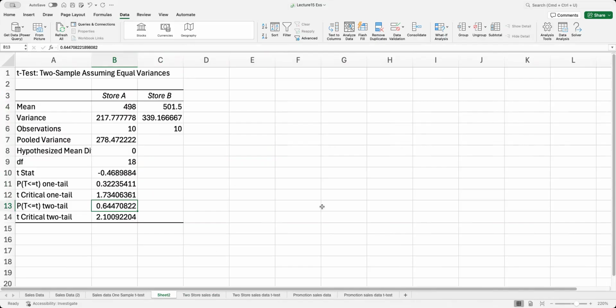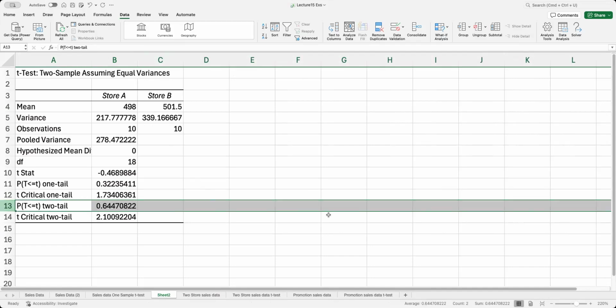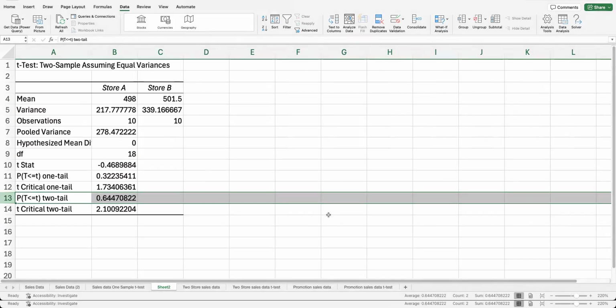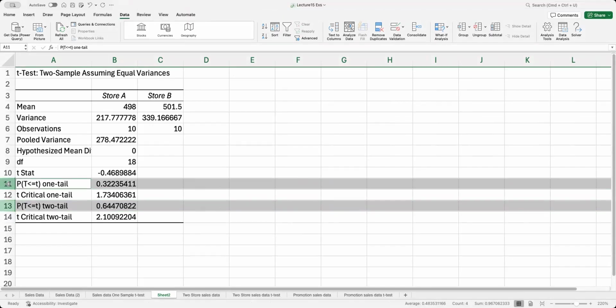If you round that number, that's 0.645, isn't it? And it even says that is the p-value for a two-tail test. But I didn't tell it what the hypotheses were. I didn't tell it what's the null hypothesis, what's the alternate hypothesis. So it doesn't know if I'm doing a two-tail t-test or a one-tail t-test. It has no idea. So it gives me both p-values so that I can decide which one I need,